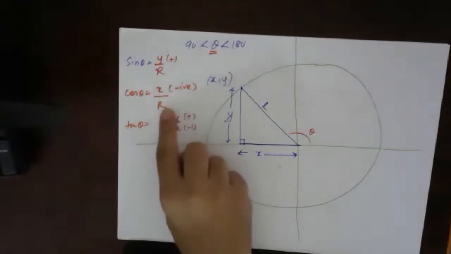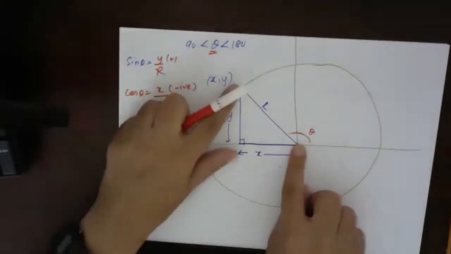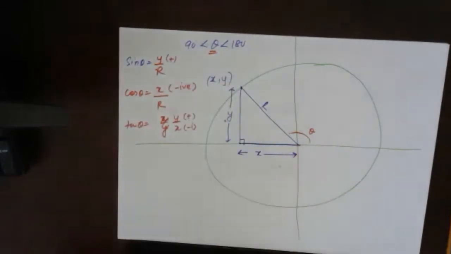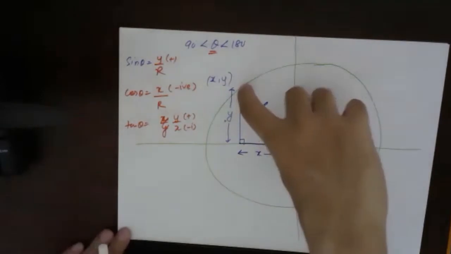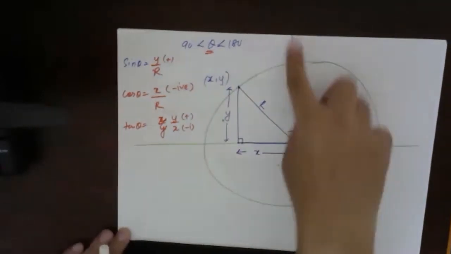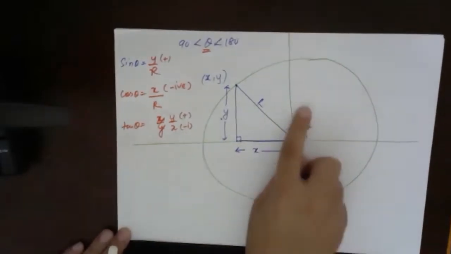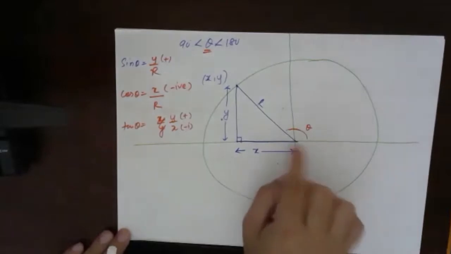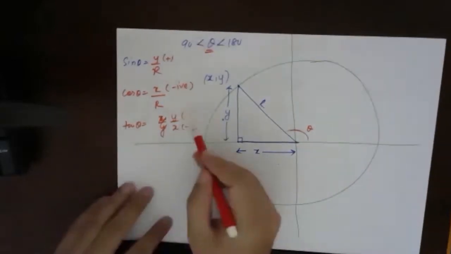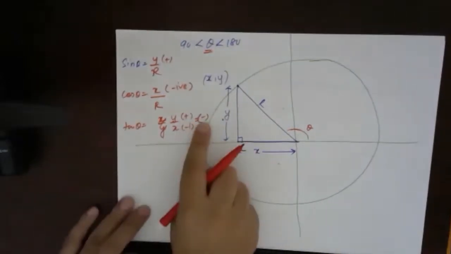Now suppose you take any point in this. R is never negative, because r is a length. R is the shortest distance between the points. R is the hypotenuse, which is a length. Height and base are denoted in terms of positive x, negative x, positive y and negative y. So the overall sign will become negative.